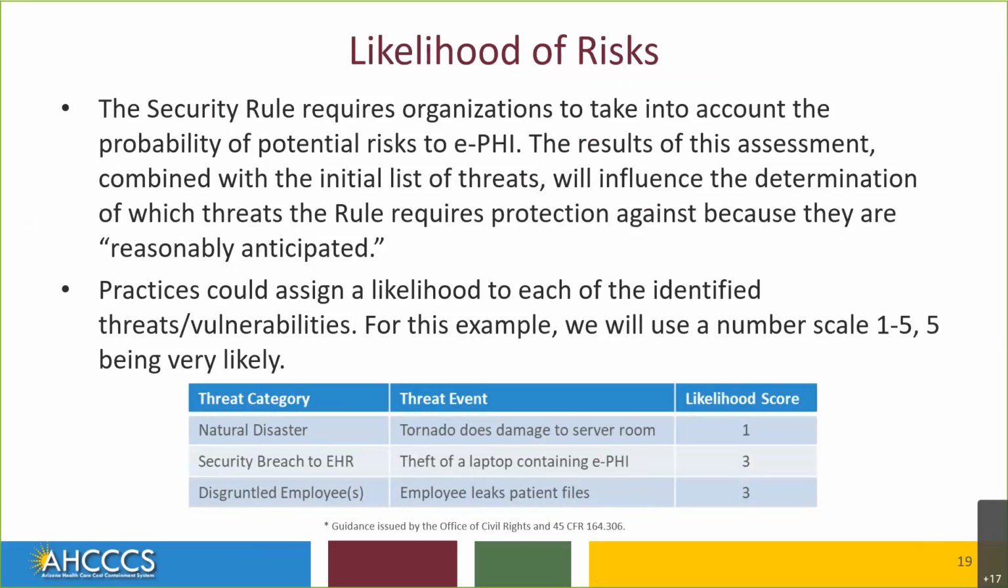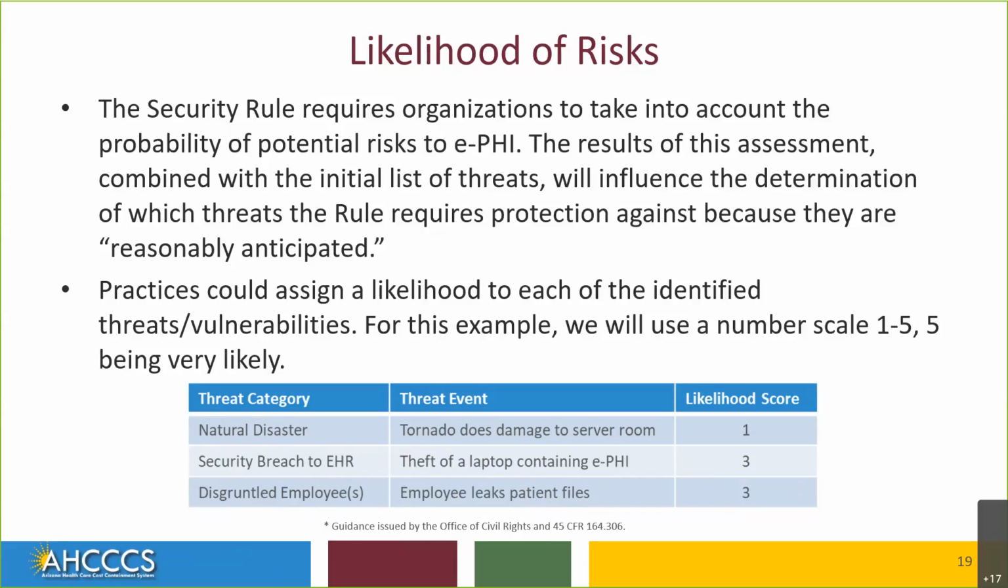Practices could assign a likelihood to each of the identified threats or vulnerabilities. For this example, we're going to use a number scale from 1 through 5, with 5 being very likely and 1 being not likely to happen. So for a natural disaster, a tornado does damage to the server room. That potentially could occur, but depending on where your practice is located, it could be very unlikely. In that example, if it's very unlikely to happen, you would want to put it as a 1